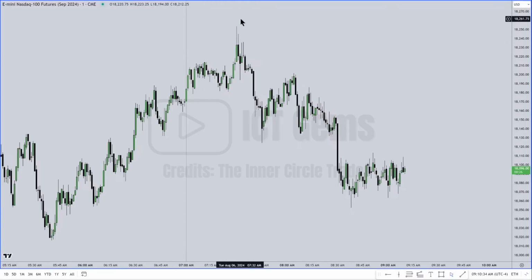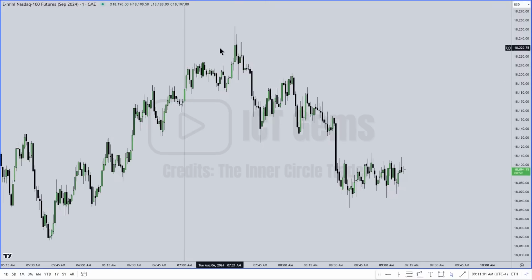It created the Judas swing here, it dropped down, and it came off the low to close near the low of the day. That's power 3. You're going to discover that every single time you sit down and look at the AM session, you're essentially looking for that to form. You're looking for some fake manipulation that does the harmful work of hurting people and putting them out of a trade that would have been profitable, or putting them in a direction that's not right. And now they're trapped long in this case,